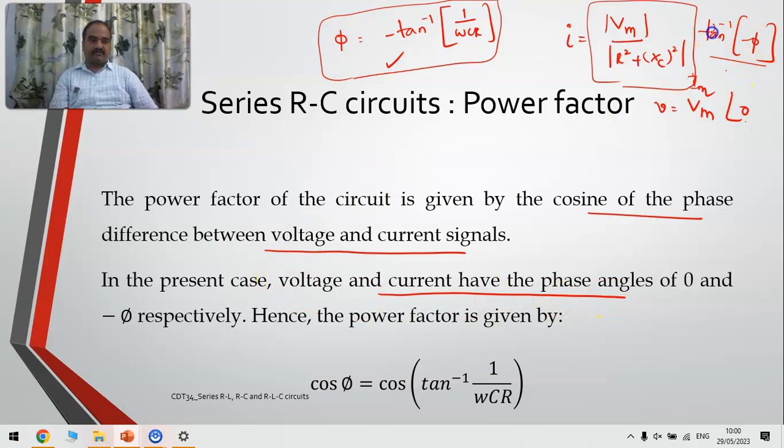So this is angle minus phi. So 0 minus of minus phi, I'll be getting phi. So this is my angle. So cos of phi, where phi is minus tan inverse 1 by omega c, right? So if I substitute this, I'll be getting the value of this. Okay. So in this case, if you carefully observe,